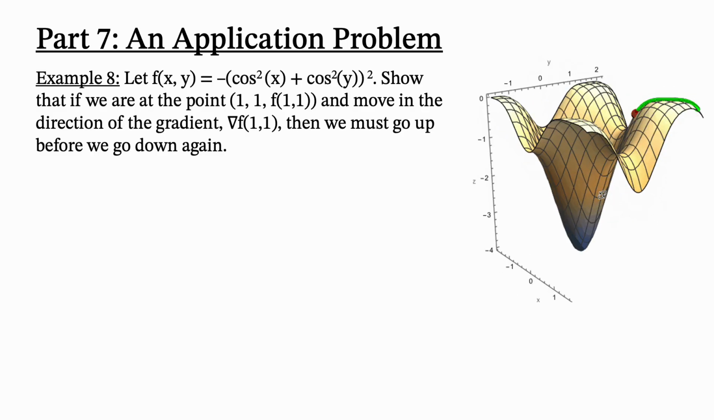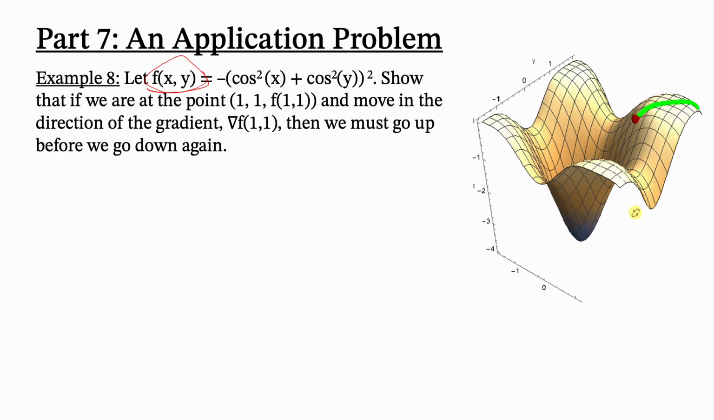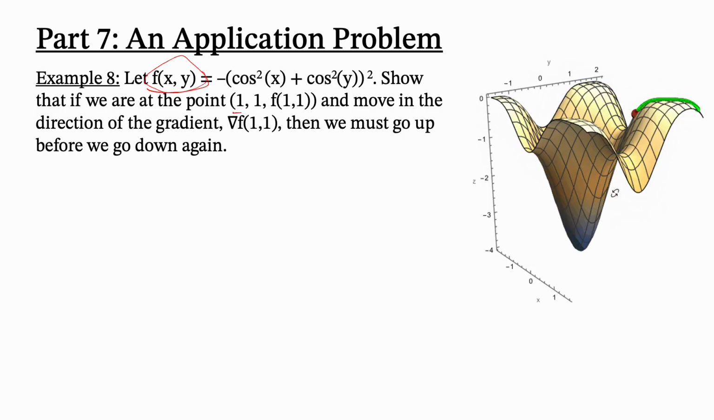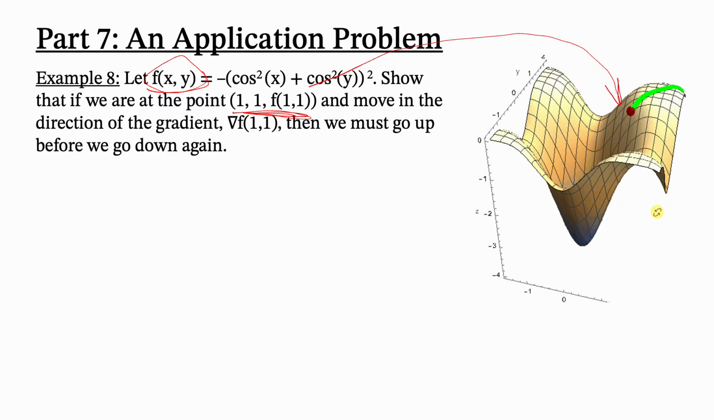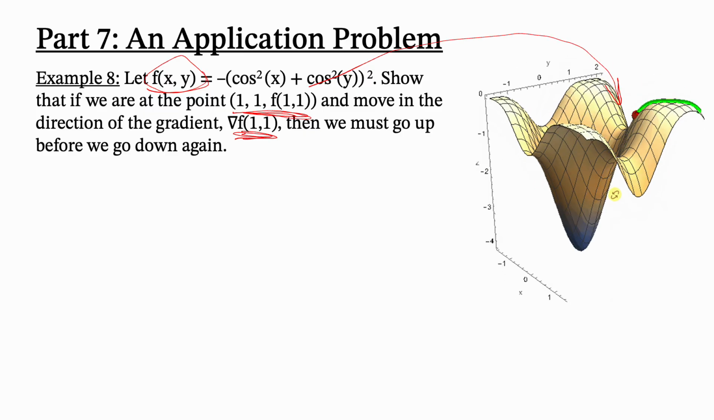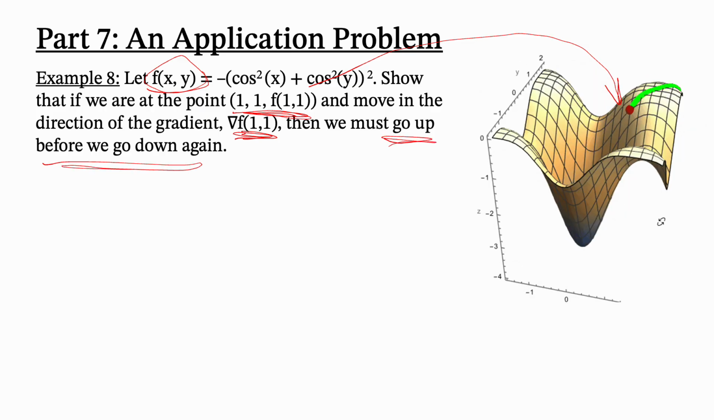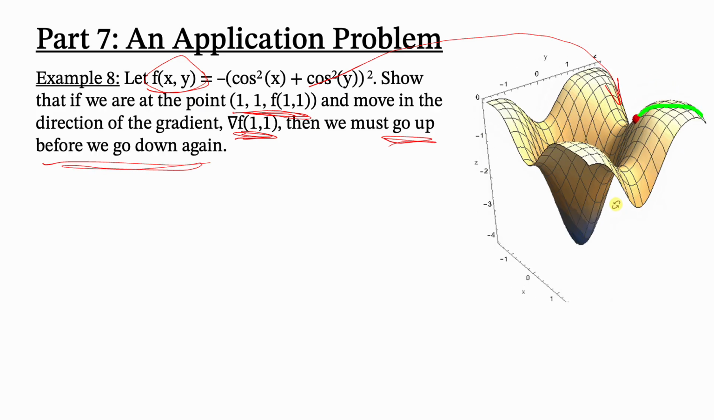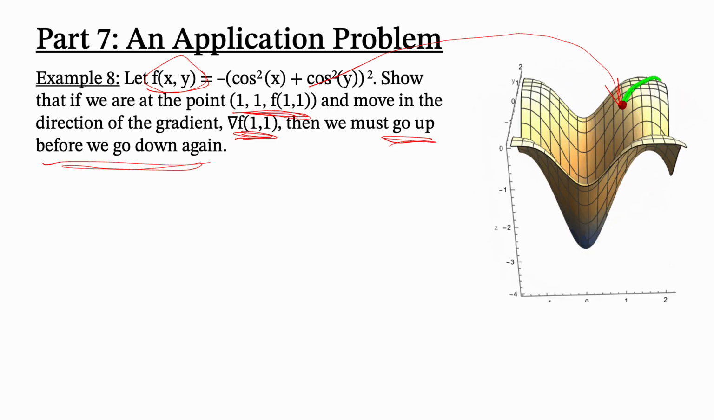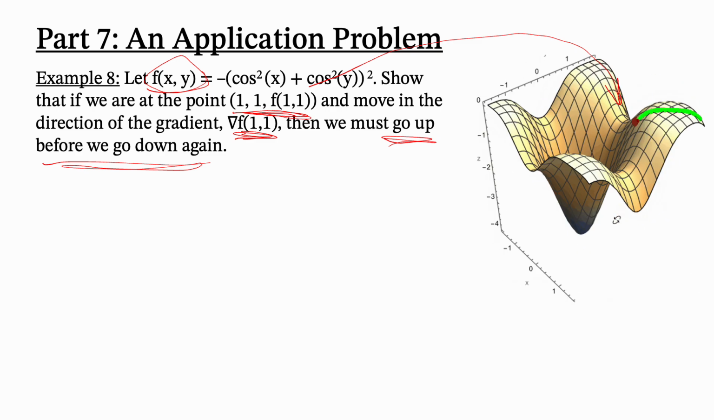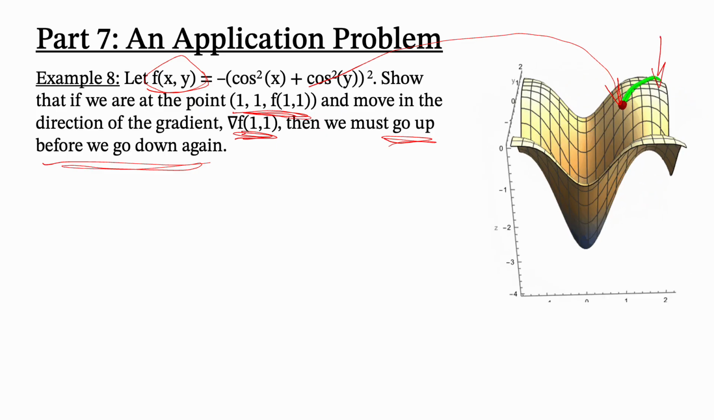All right, so here's a surface, f of x, y, and the problem says, show that if we're at the point 1, 1, f of 1, 1, you can see that's that red point right there, and move in the direction of the gradient vector at 1, 1, explain why we have to go uphill on our surface before we go downhill again. This example is in here because it's very similar to something you might see on a triad problem. And I'm going to give you a good way to explain this without having to plot lots of animated GIFs